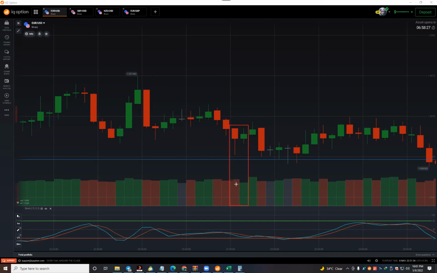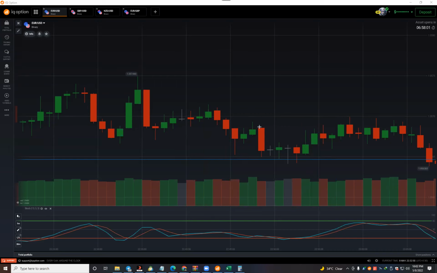If the pattern doesn't have a strong volume, then your continuation sign will not work. If the pattern has less volume, it will not work. If you find any continuation, you can use this one also. And if you are not understanding the volume, then it's not a problem.